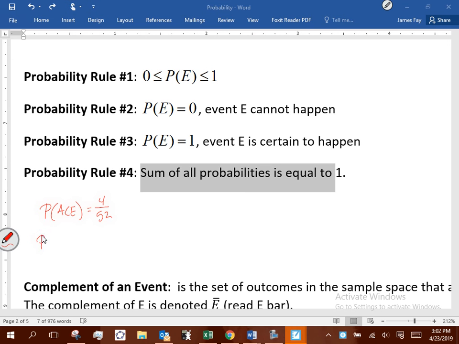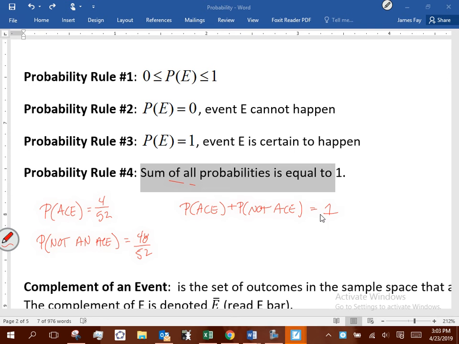What is the probability of getting not an ace? Okay, 48 out of 52. And here's the idea. If I think about ace and not an ace, does that encompass my entire sample space? Yeah, if you lay your aces out, you got 4 of them. If you lay out not your aces, you got 48 cards there, and that will make up your entire deck, right? So this is saying the probability of an ace, with this rule here that I've highlighted, it is saying the probability of an ace plus the probability of not an ace